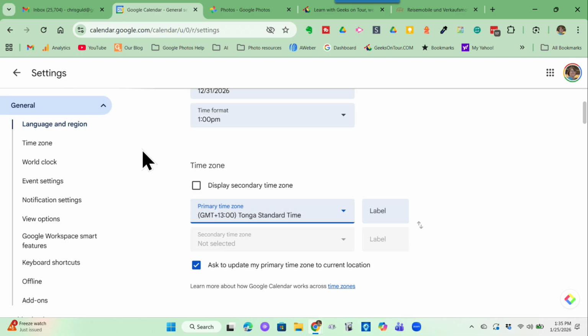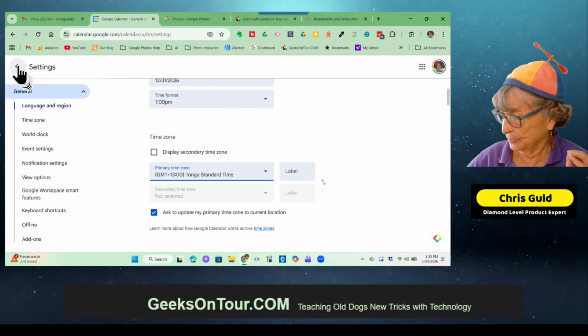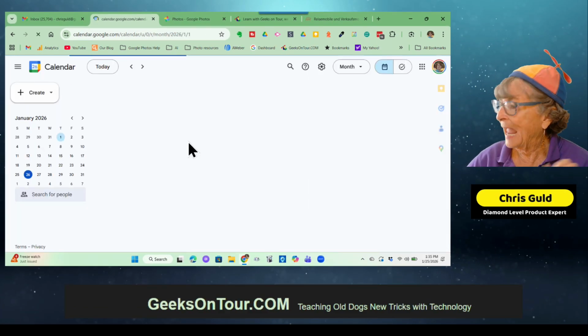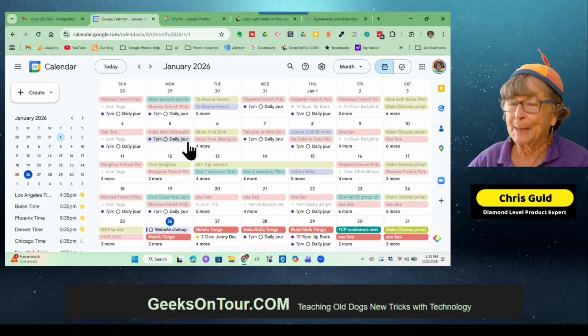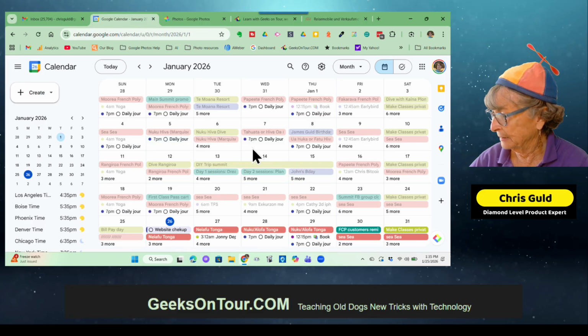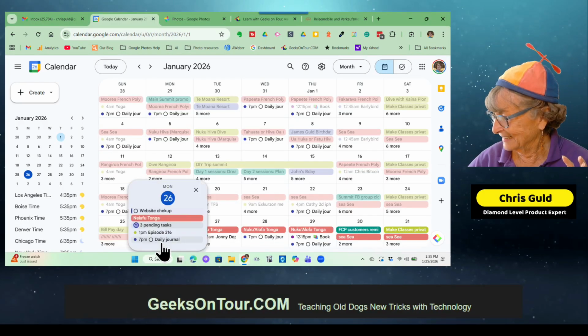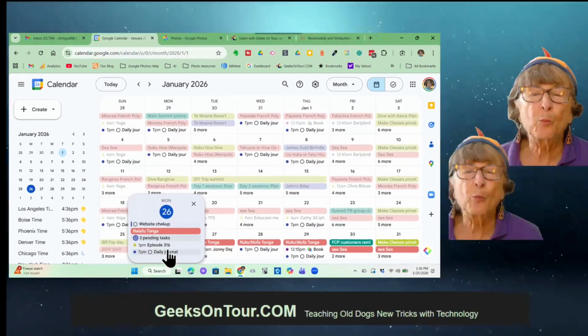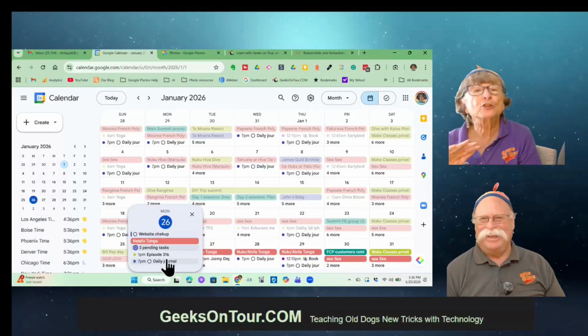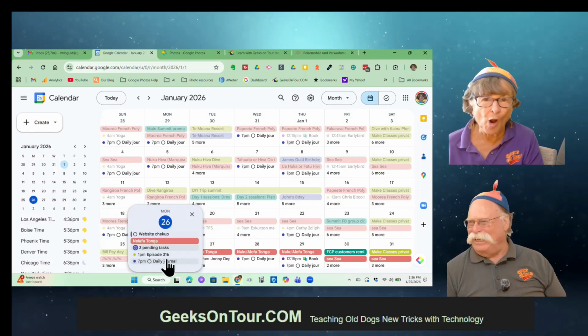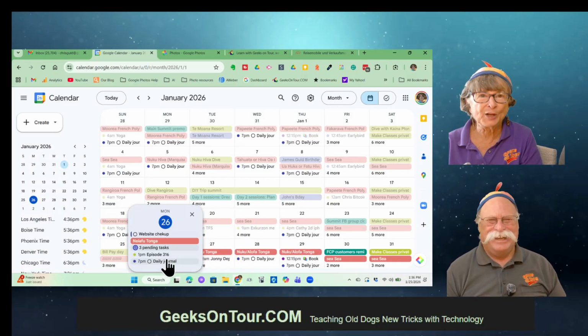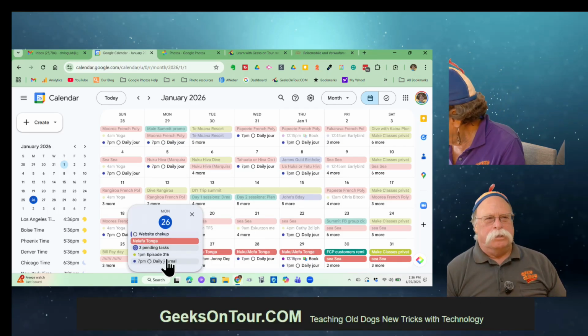I put the event in as Eastern Time, and it will tell me what time, our time, we need to be at work. And that is Monday the 26th at 1 p.m. If you try to make the calculation yourself, trust me, you'll go crazy. You won't get it right. So you put events in at the time where the event is happening. Let it calculate the time where you are.